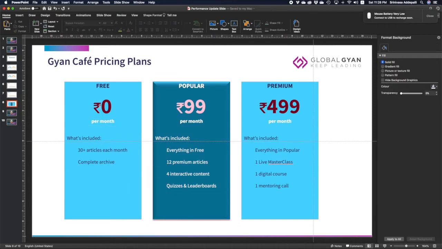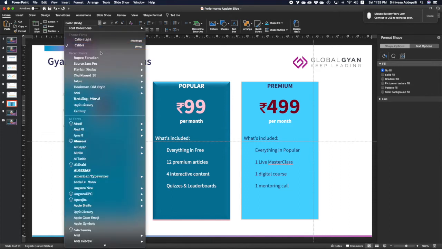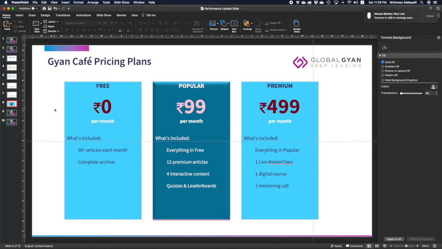When you want to use the Indian rupee symbol, you have to use a specific font called Rupee Foradian. So you use the symbol which you will find just left of one on the keyboard. This is what it looks like, and then when you convert that into the font Rupee Foradian, which you will find online for free, this symbol shows up. The problem is when you send this PowerPoint presentation to somebody else who doesn't have the same font, they will see the dash because they don't have this font.